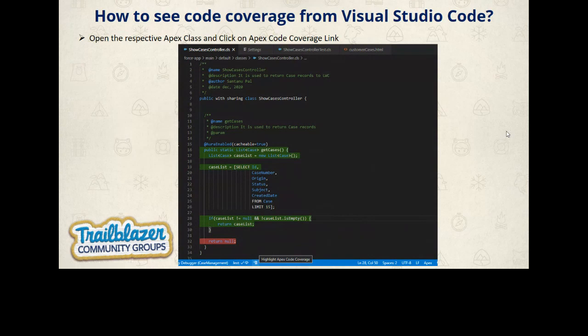Okay, so yes, you are right. Developer console is also a good tool to execute the test class for your project or organization. However, Visual Studio Code is lightweight. It is a one-stop solution, and the most preferable IDE for Salesforce developers.